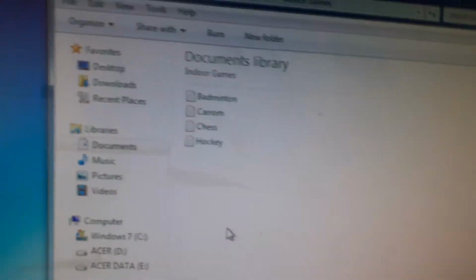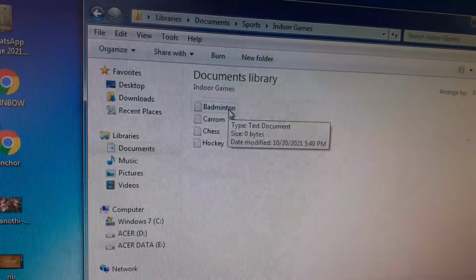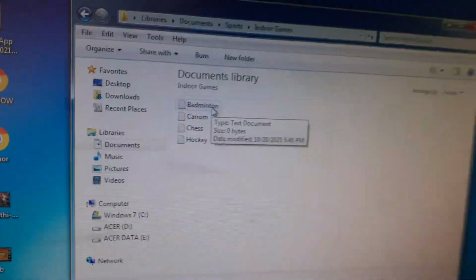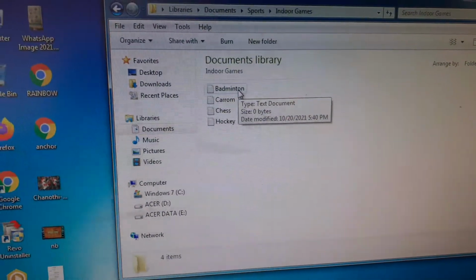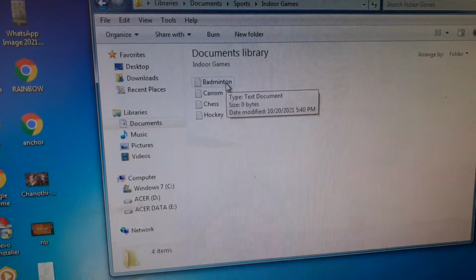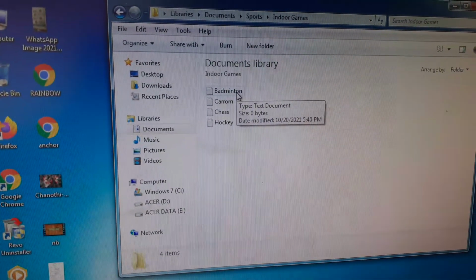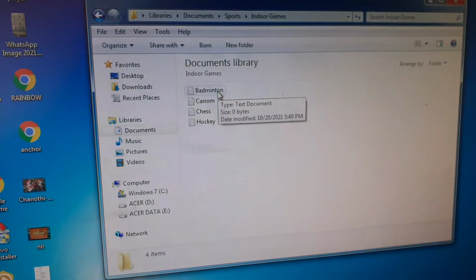Now here the badminton file is there. Now we want to delete this badminton file. So what are the steps? First, click on the start button. You will see the start menu, then open the documents library. These steps are common, right children?